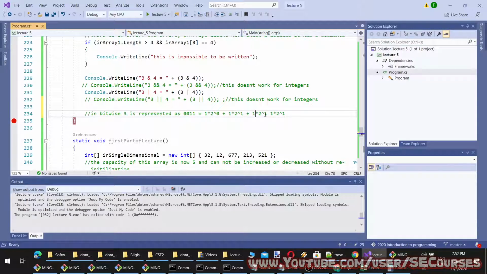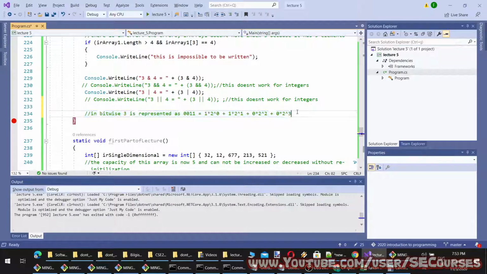Okay, so this will make sense if you carefully follow me. So this is the bitwise representation of 3 in how many bytes? In 4 bytes.